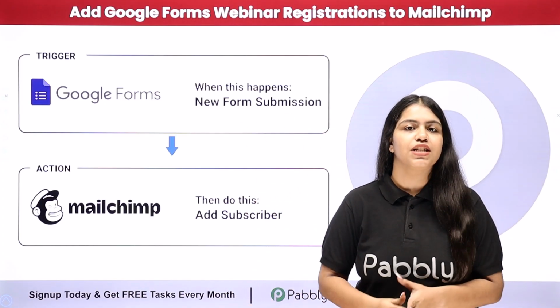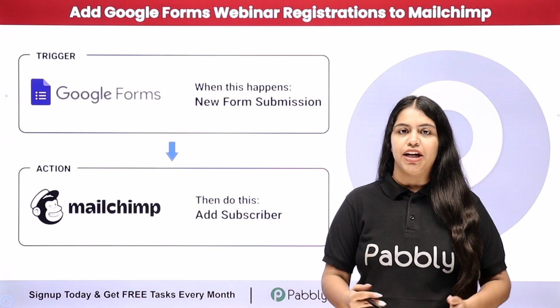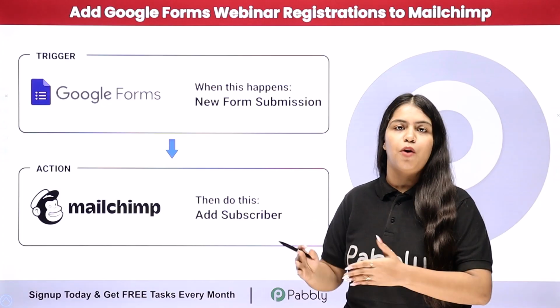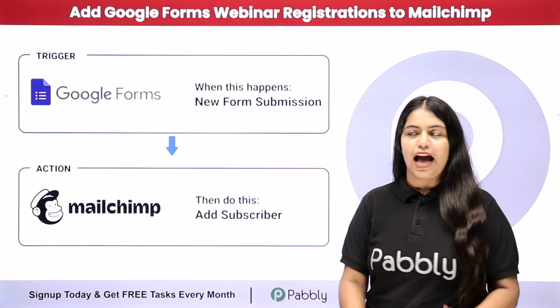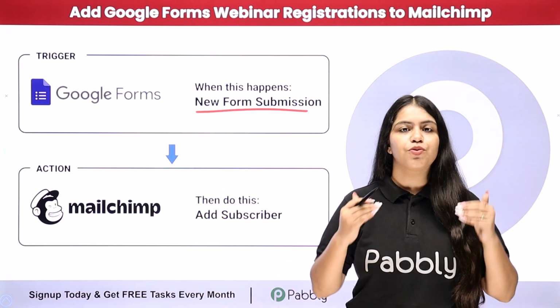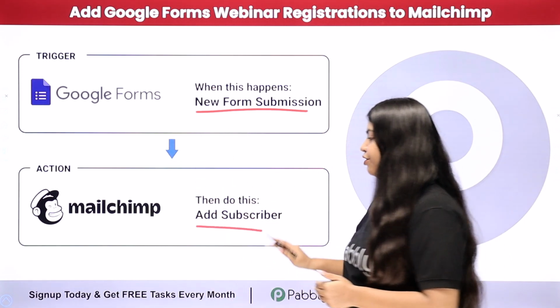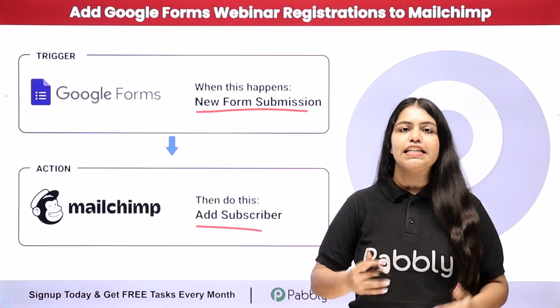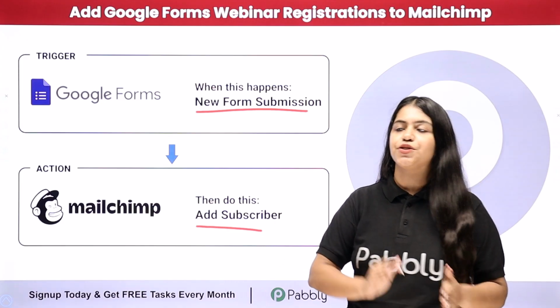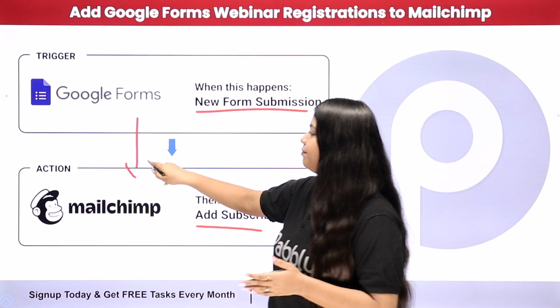So I'm running an edutech company and we regularly conduct webinars, and to collect the registrations for these webinars we use Google Forms. And now what I want is that as soon as we receive a new form submission from that form, I want to create a new subscriber in my Mailchimp so that I can send email campaigns towards my webinar registrants. So to do this, we are going to create a connection between Google Forms and Mailchimp, and